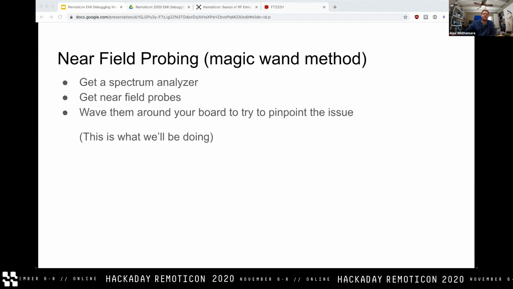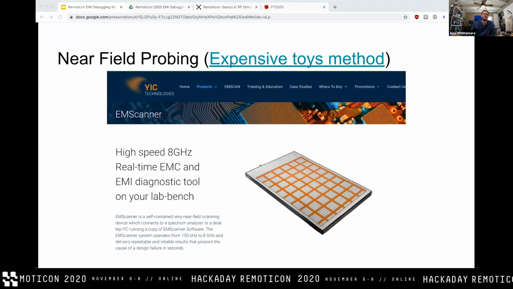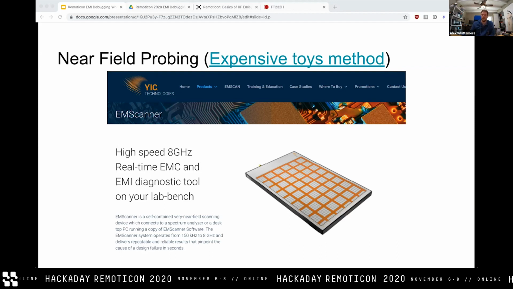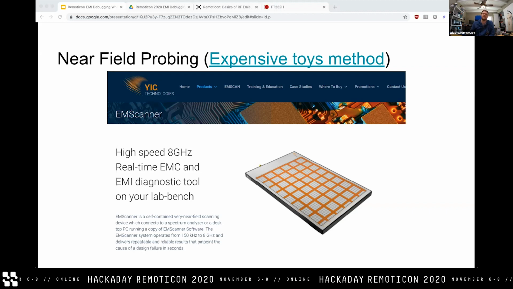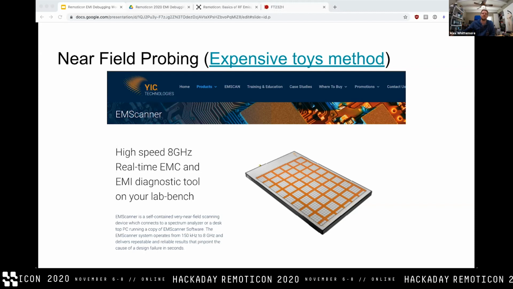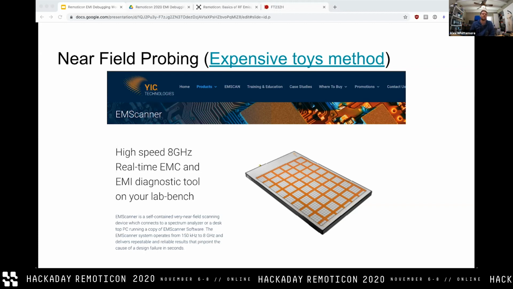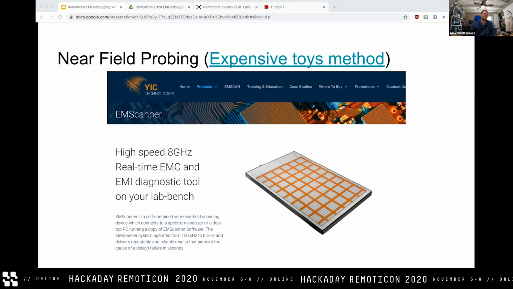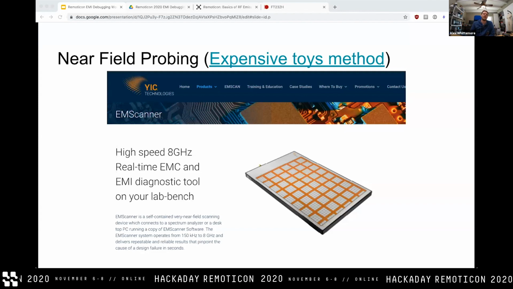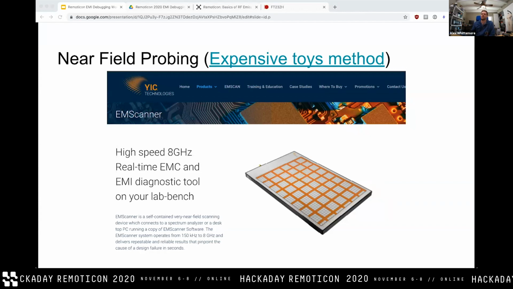Another method, if you really want to spend lots of money, and it does have serious pros, is to buy a device that waves thousands of magic wands around for you, and in particular doesn't actually wave them, but keeps them in exactly the same spot. This device, called EM Scanner from YIC Technologies, is basically a grid. I don't know how large it is, but it's a bunch of antenna elements, like 80 by 100 or something like that, little tiny near field probes embedded in a workbench, and it has a USB spectrum analyzer attached to it that rapidly switches between all of those different